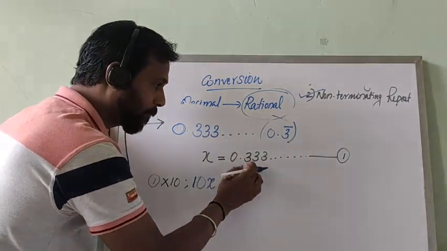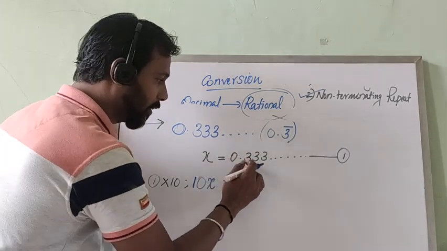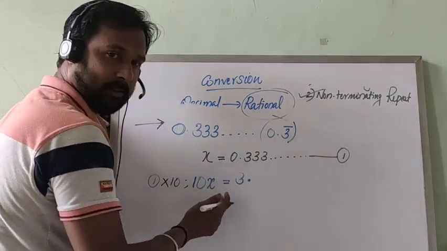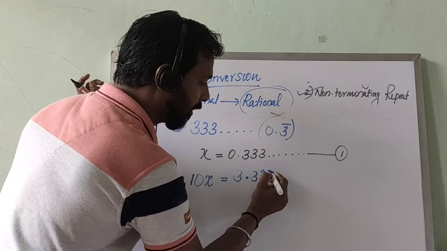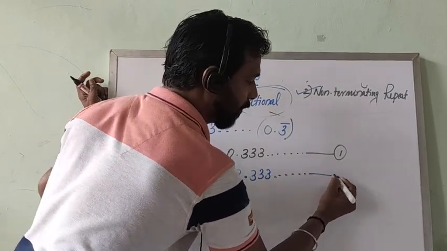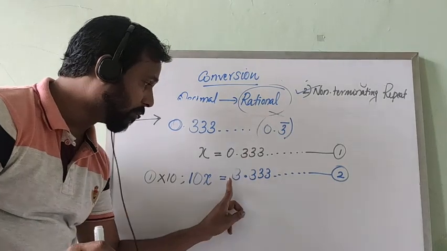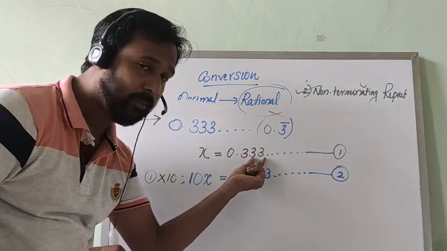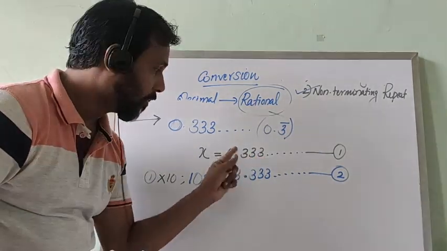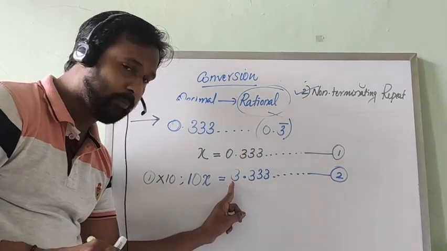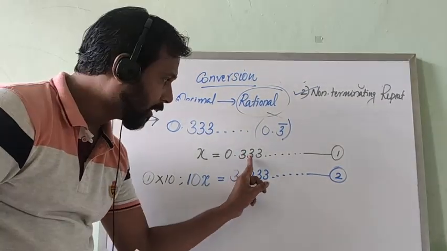What will this become? 1 point to this side. So it is 3 point, right? Remaining 3, 3, 3, etc. Okay. Equation number 2. Don't think that one 3 is jumped to the left side and therefore here it will be two 3s. No, wrong. Even when 1 is jumped to the left side, you see 3 3.